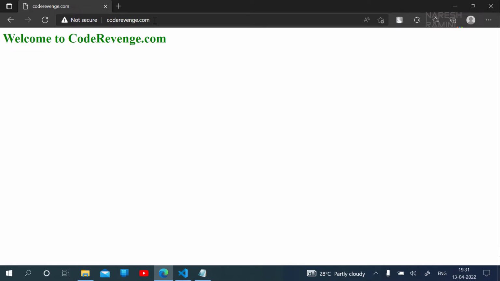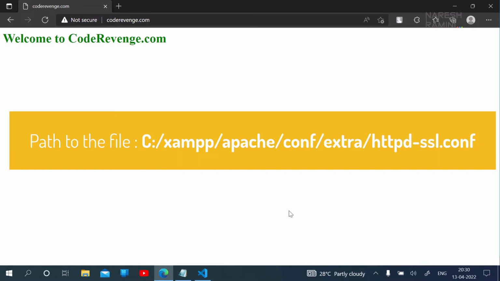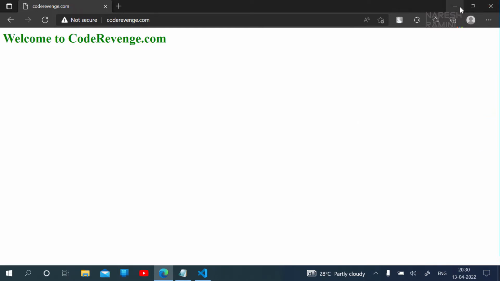Alright, now next in the session we'll be configuring virtualhost for the request that we receive on port number 443 for both of our websites, coderevenge.com and leafrich.com. Now we need to configure the virtualhost for both of our websites to address the request that we receive on port number 443. So for that we need to open the file httpd-ssl.conf file. Okay, so let's first minimize this,